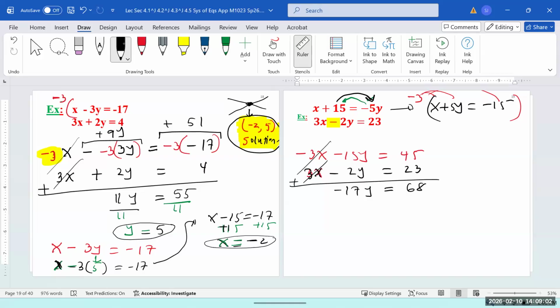And then you keep multiplying 17 times 2, 17 times 3, 17 times 4. The trick is, whatever number you're looking for, when you multiply, you want the last digit to be 8. For example, 7 times 2 is 14, we cannot multiply by 2. 7 times 3 is 21, we cannot multiply by 3. 7 times 4 is 28, 8 is the right digit. So we are going to multiply 17 by 4. If you do that, you'll see this is 68. So divide both of them by negative 17. So y is negative 4.